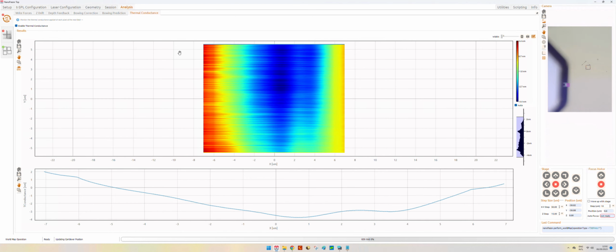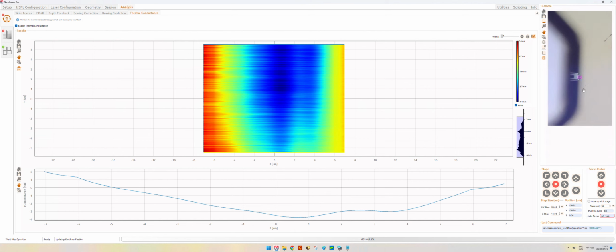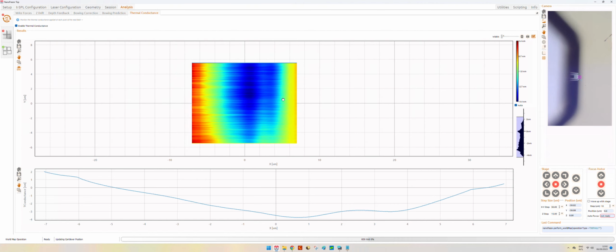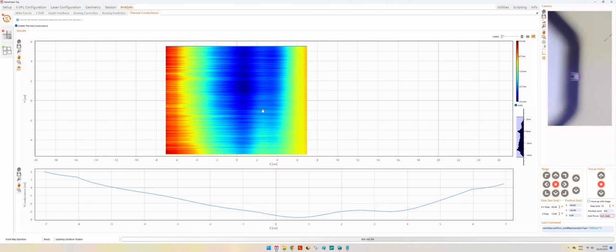And you can also see the thermal conductance correction. In this case, it was active, even though it's not really necessary for a case like ours where we are patterning on a silicon sample with just PPA on top, because we assume that the thermal conductance will not be a factor. But in case you're patterning on different materials or you have some more special substrates, then this correction can be quite helpful. So this is pretty much what you see in the live CLL diagnostic.